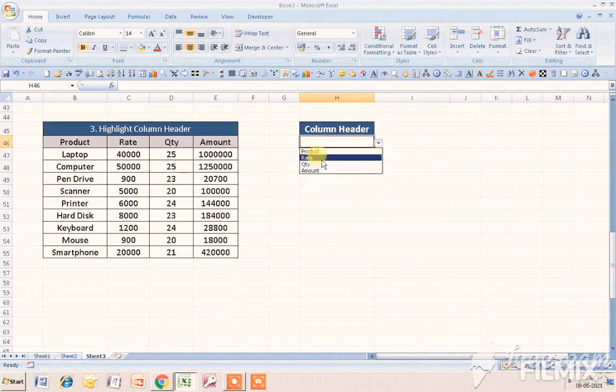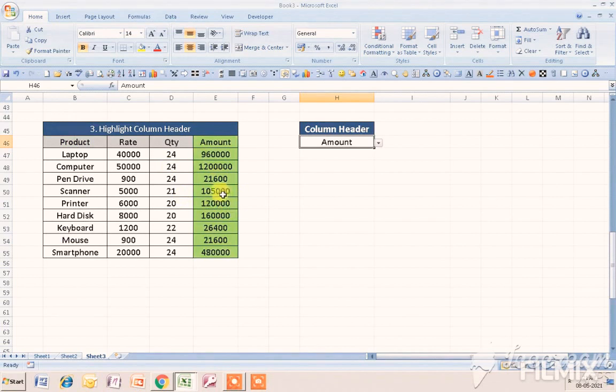If I select red from this drop down list, then that particular header gets highlighted. If I select product, then product gets highlighted. Or if I select amount, then amount gets highlighted.